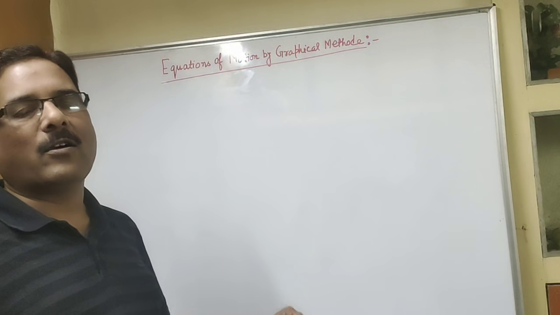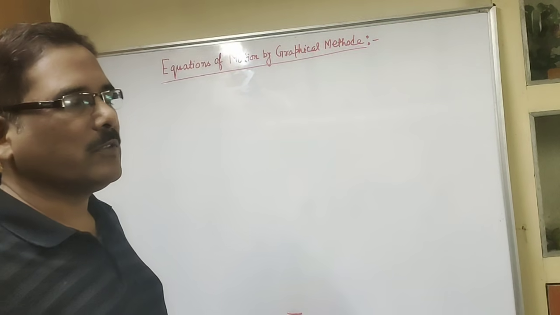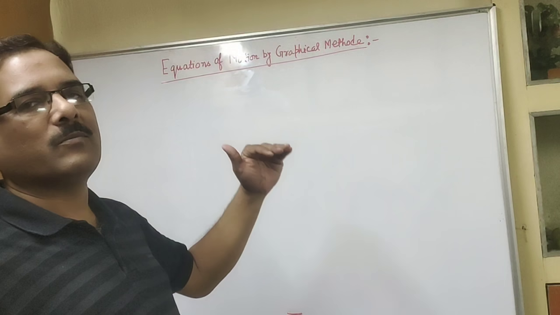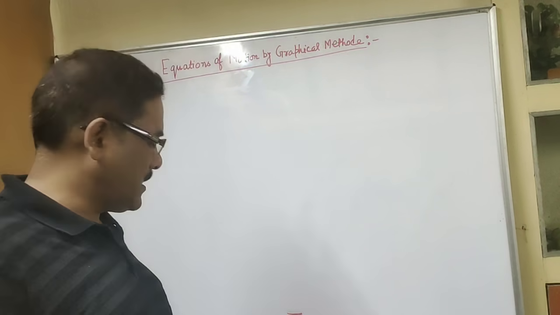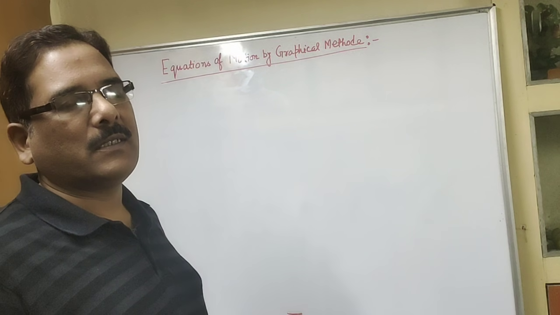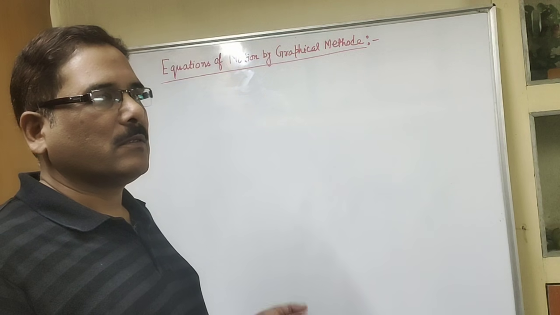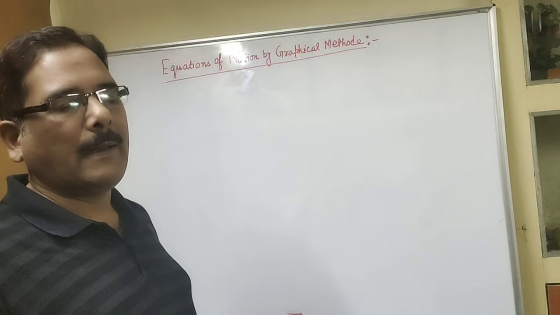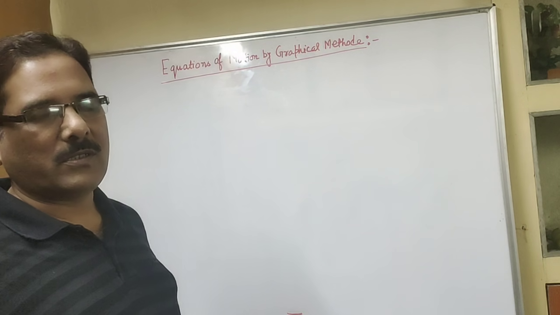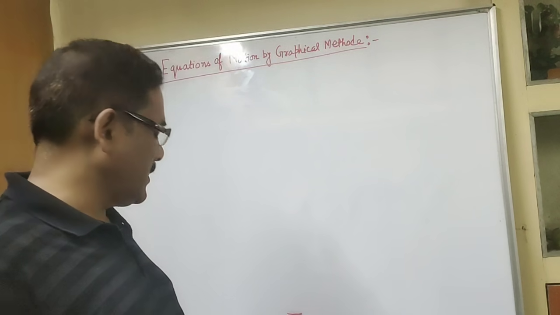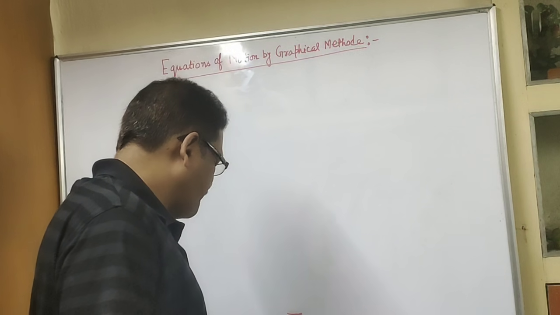As you know, when an object moves with uniform velocity, isn't it? Suppose the object is in uniform motion, moving in a straight line, then we can relate its velocity, acceleration, and distance traveled by the object in a particular time interval by a set of equations. So these equations are known as equations of motions.